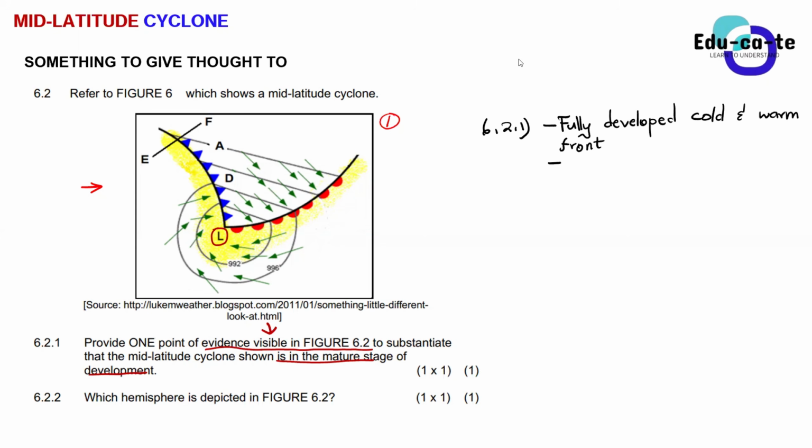This mature stage forms an angle of 90 degrees. Where did you see the angle of 90 degrees in this diagram? How did you see it? How? There's no 90 degrees. I don't see 90 degrees. Maybe you can point it out. Where is it?